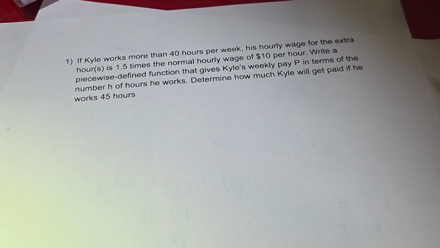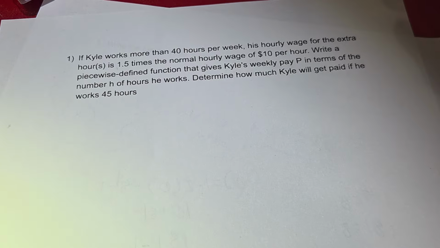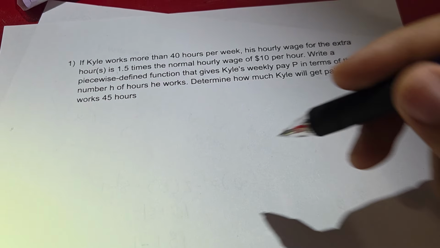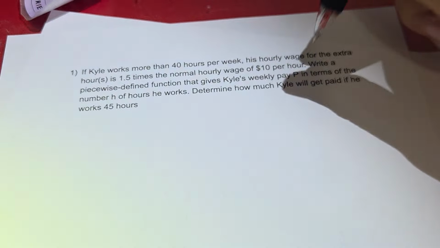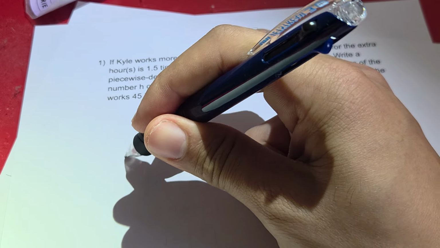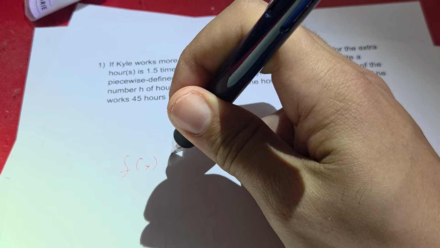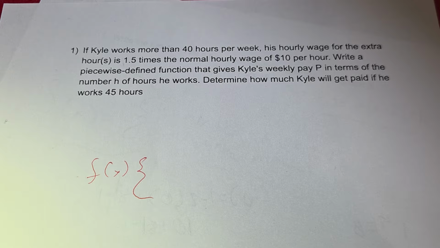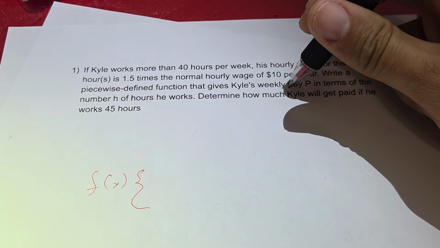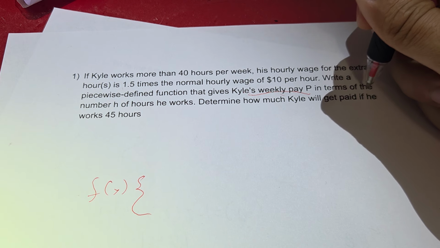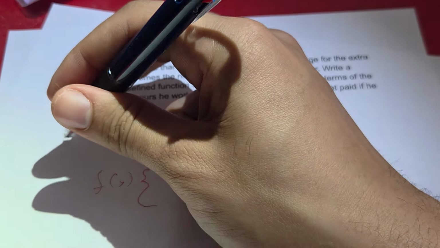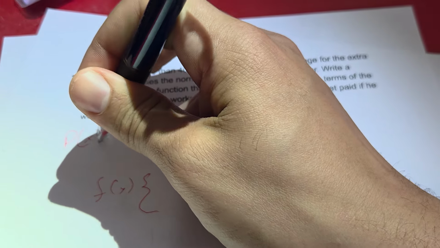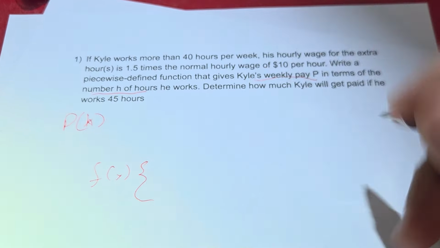All right. So, what are we doing? Write a piecewise function. When it says write a piecewise function, that means it's going to want us to do the f of x thing with the big fancy brackets. Remember, that is what a piecewise function is. That gives Kyle's weekly pay in terms of the number of hours. So that means we're going to have basically P of X or P of H, let's say. P of H is equal to,